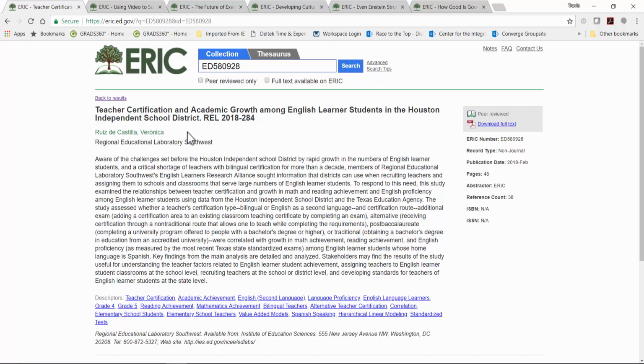The format is always last name first, and there are no honorifics used in the ERIC author field, so it won't say comma PhD or anything like that. However, the record will designate if someone is an editor or a compiler as opposed to an author. The names are included in this field as they're presented on the content. Now, this field is also searchable.